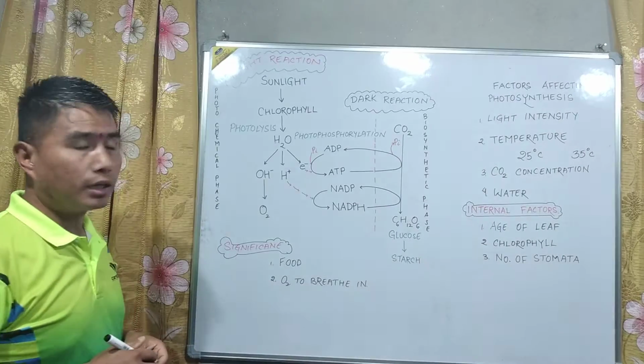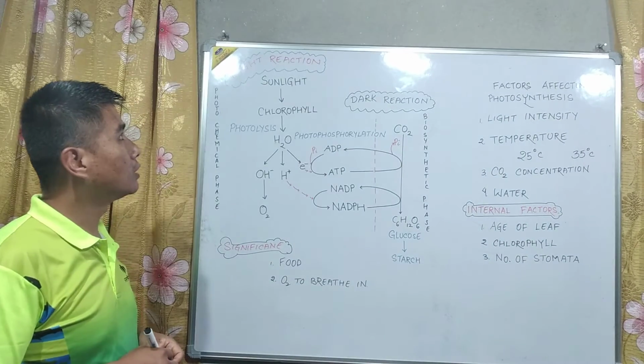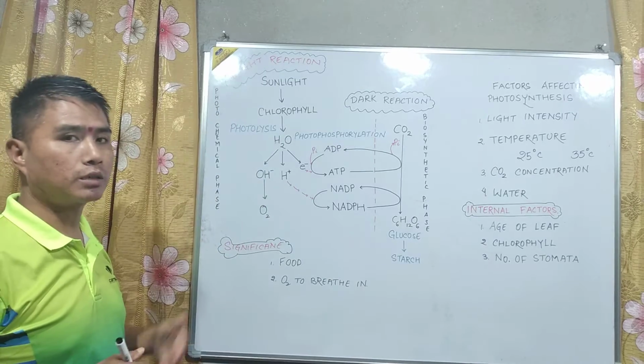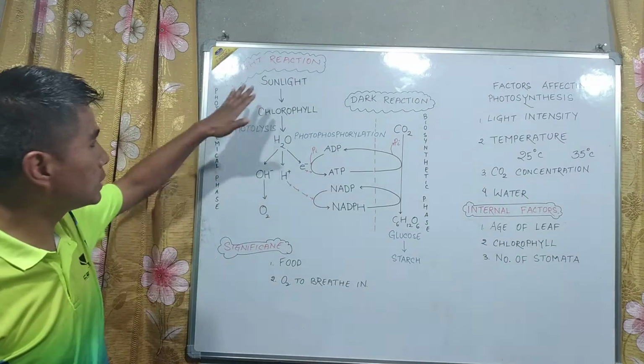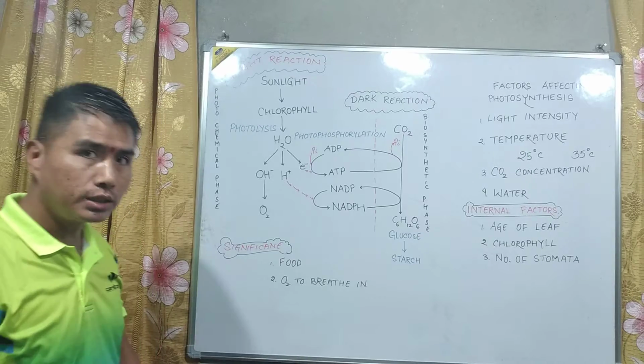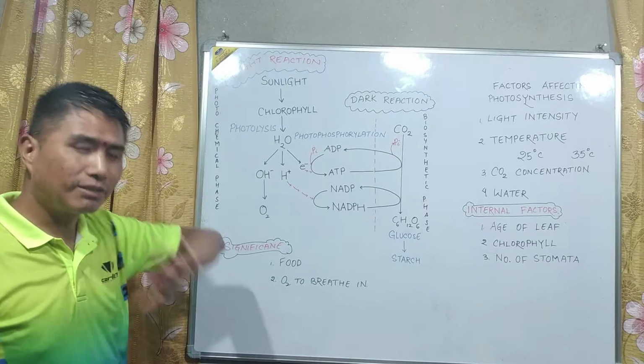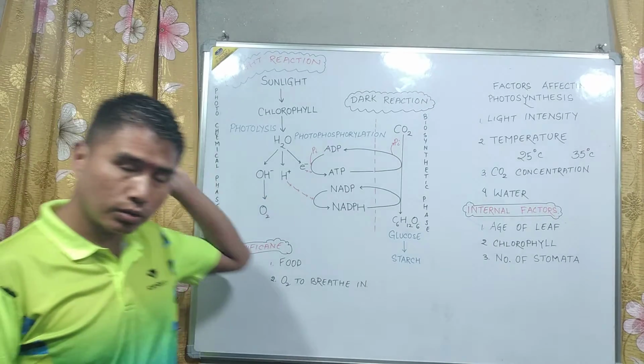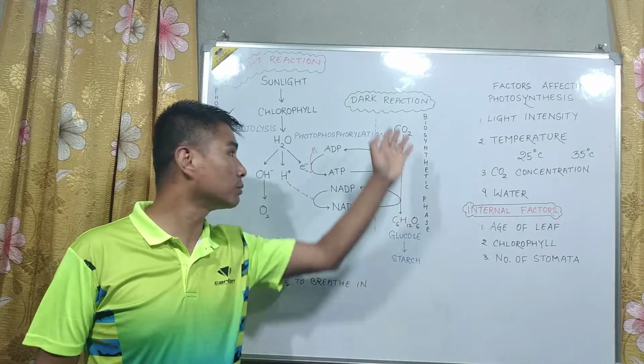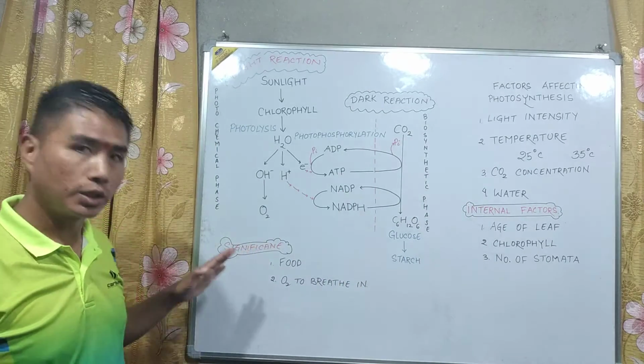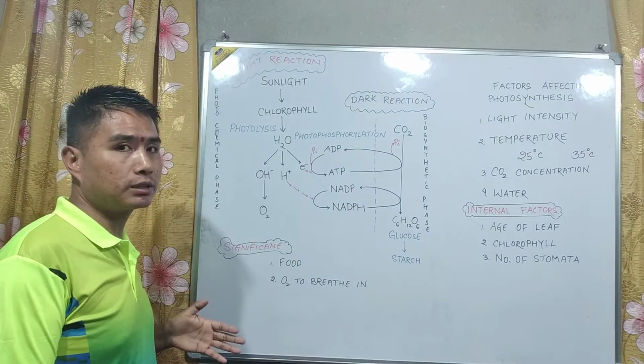Today in the photosynthesis chapter, we'll be doing this flow chart of photosynthesis. Now see here, I have made a flow chart of photosynthesis. Here what I have written, try to understand, it's simple. If you understand this, then the whole photosynthesis chapter you'll understand from this simple flow chart. And from here some definitions also will come.